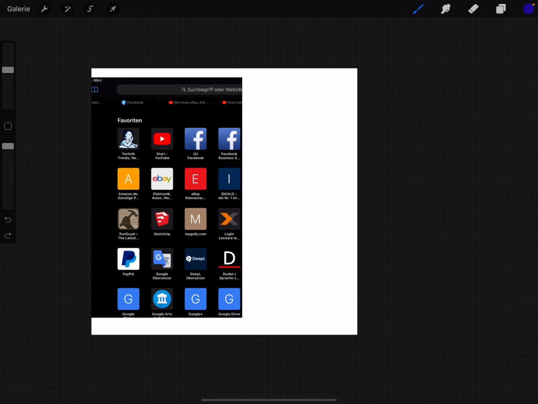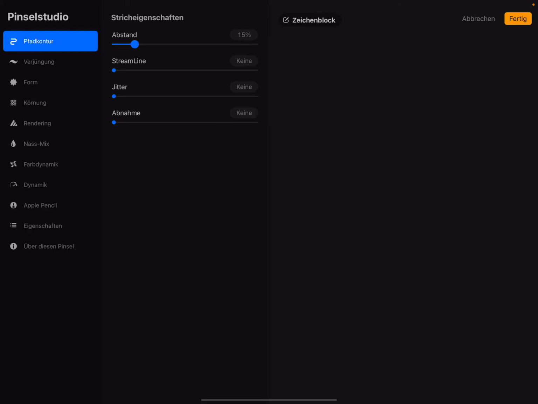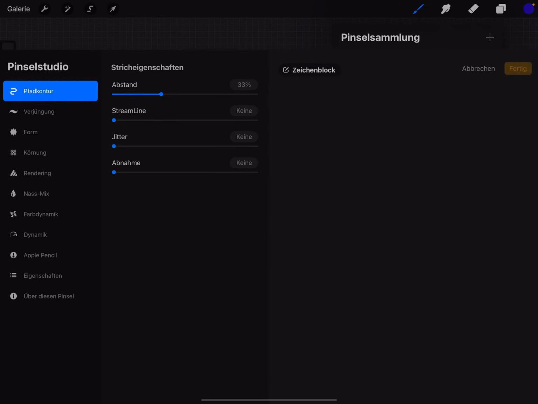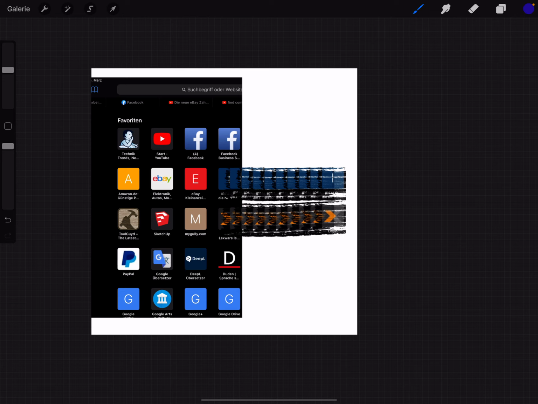With this brush, it's possible to... I'm changing the path, and now you can stamp this. It's a cool brush.